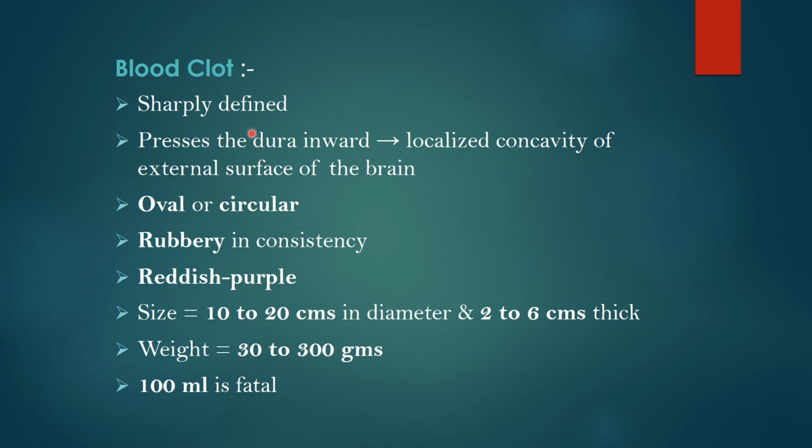100 grams of epidural hemorrhage is fatal because it is a sufficient amount to produce a large hematoma, which can press the brain to a degree where the midline of the brain shifts due to the pressure effect, and that can lead to a whole lot of other problems, right? Increased intracranial pressure, cerebral edema, etc., which can eventually lead to a coma and subsequent death. So 100 milliliters of extradural hematoma is considered to be fatal.